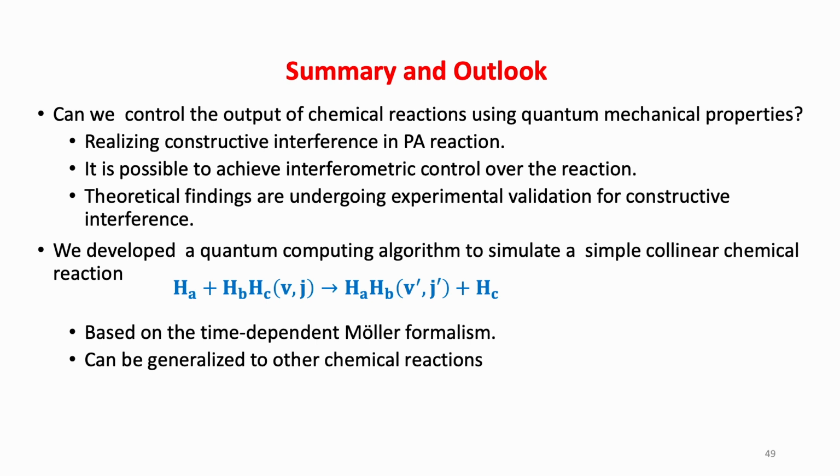So just to summarize, we started by saying we would like to see what is the effect of superposition, interference, and entanglement on the product of a chemical reaction. We have seen experimental results for the initial superposition of spin states, or spin control of the outcome of a chemical reaction. And we'd like to see how one can generalize this from spin to different quantum numbers, like rotational and vibrational states, for molecular systems. And we show how one can run simple calculations and get the cross-section for H plus H2